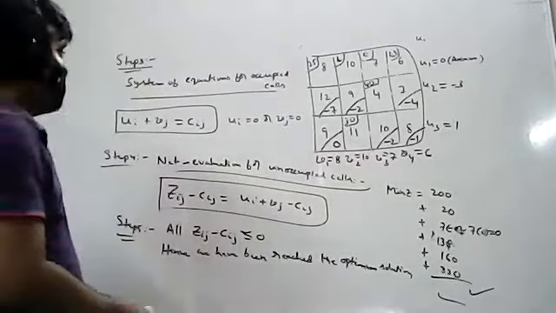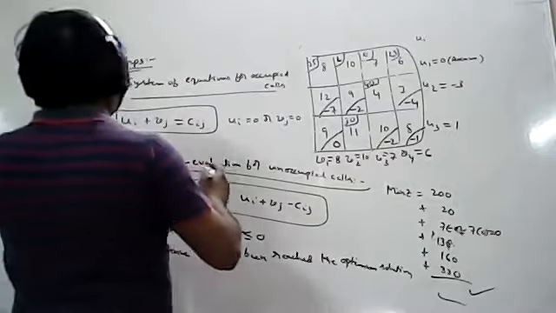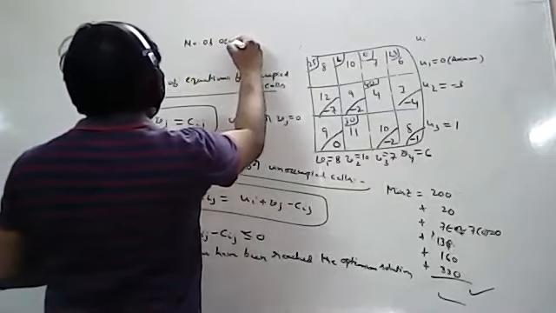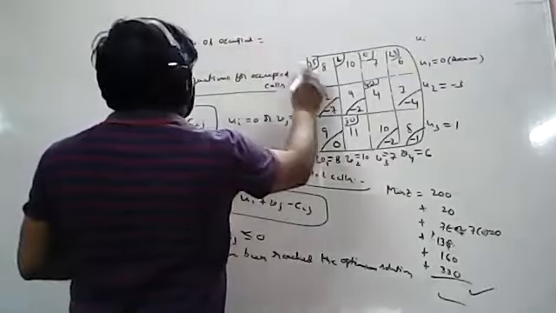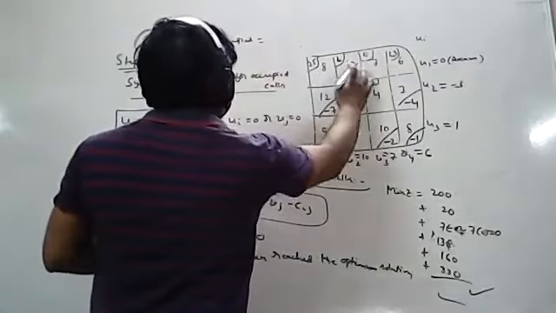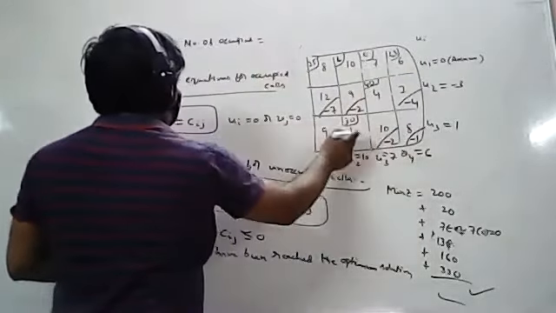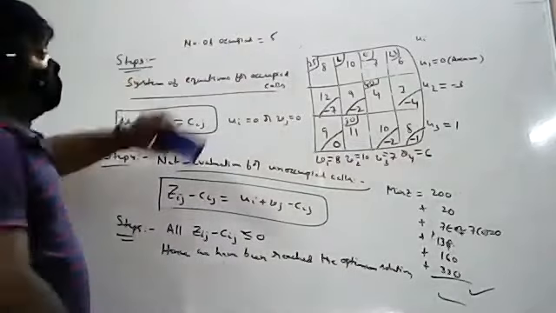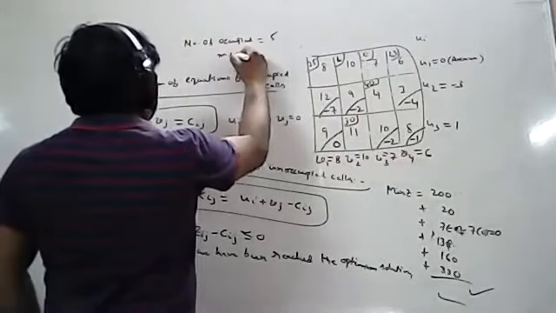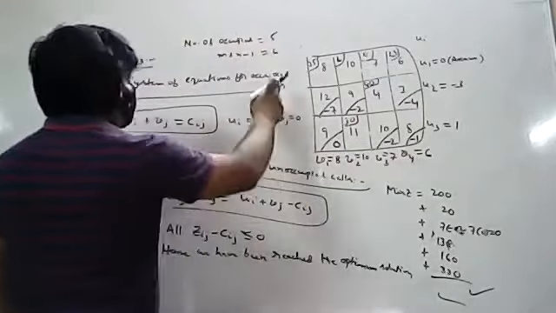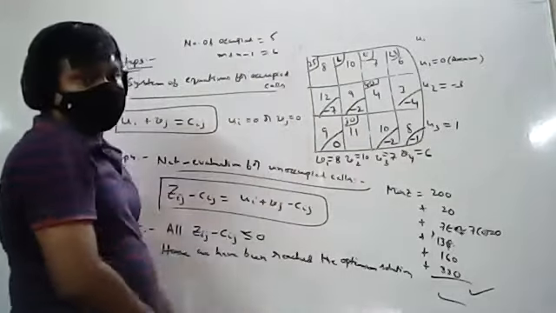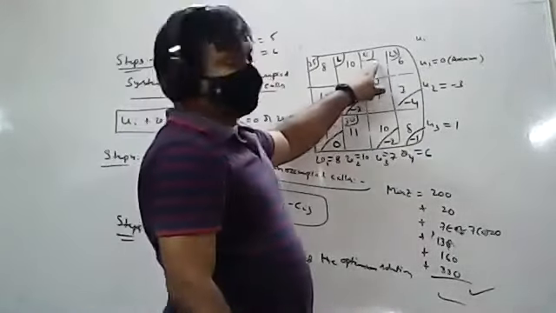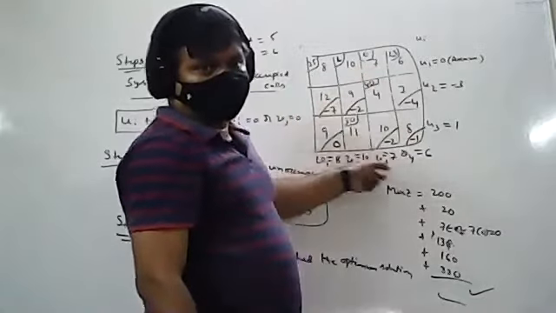Sometimes what happens is, here, step number 2. Let me show that. Step number 2, number of occupied cells. How many occupied cells are there in this problem? Except this one, this is unoccupied. 1, 2, 3, 4, 5. In step number 2, m plus n minus 1, we are getting 6. Sometimes only one cell is different. That's why I have chosen only one independent cell, and a solution exists.